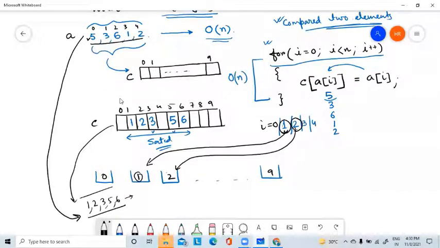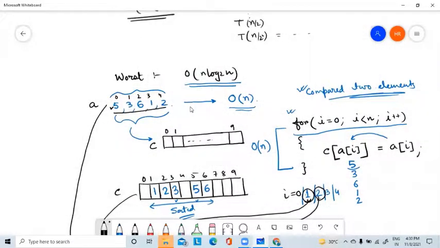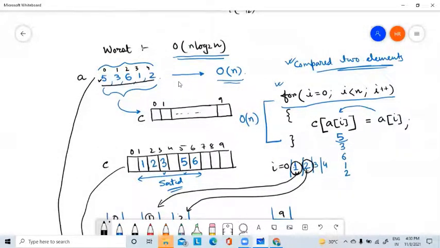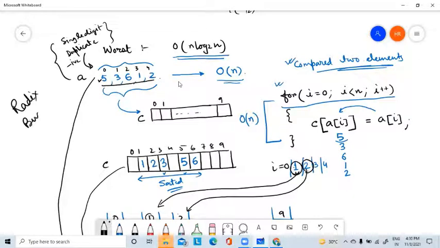Now I have taken one particular case for this. What is this case? This is single digit, correct? See, I have not used double digit elements, no duplicate elements, and no negative elements. So these are the conditions for this particular sort, and this sorting is called radix sort or bucket sort, because we are using some auxiliary buckets.